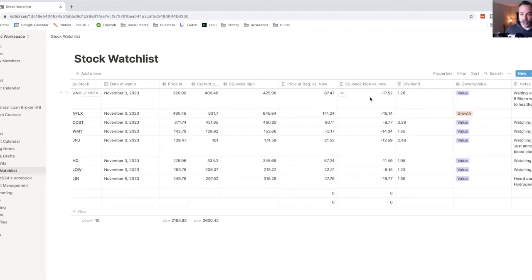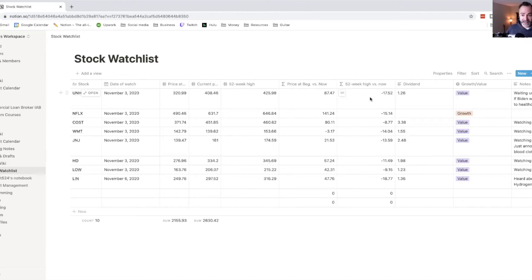Because I tend to, we're going to get to that in a second, I tend to look for growth stocks, okay, that have room. Now, you might consider a lot of these what I would call value stocks, but I look for stocks oftentimes that have room to grow. If the current price of the stock is really close to their 52-week high, then there's not, at least in my mind, unless they break through that 52-week high, which is not common for these sort of existing companies,